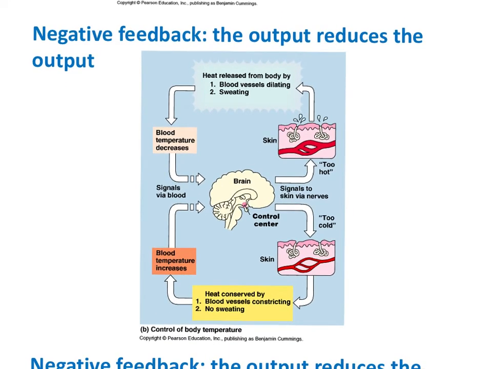Temperature is an example of that inside the body. You have a set point, 98.6 degrees Fahrenheit-ish, and your brain works hard to maintain that set point. If it gets too hot, you'll start to sweat. Your blood will come closer to the surface of your skin. Those things would reduce the temperature and tell your brain things are back to normal, so we can shut off that pathway. Similarly, if it gets too cold, you'll bring your appendages in closer to you.